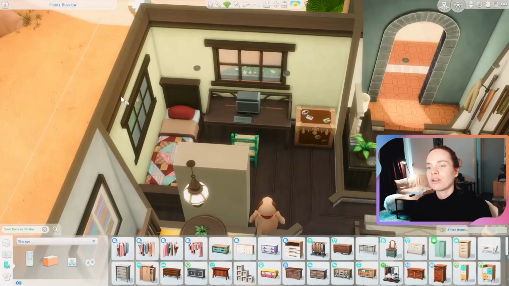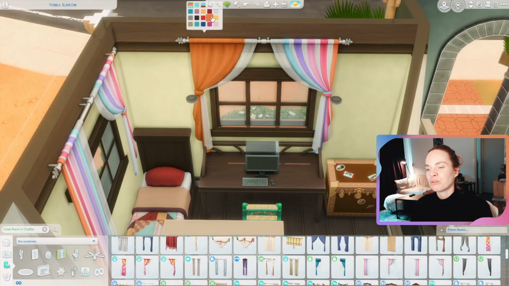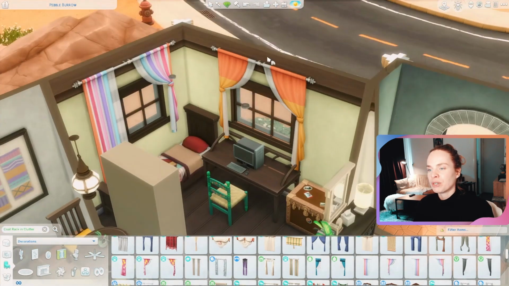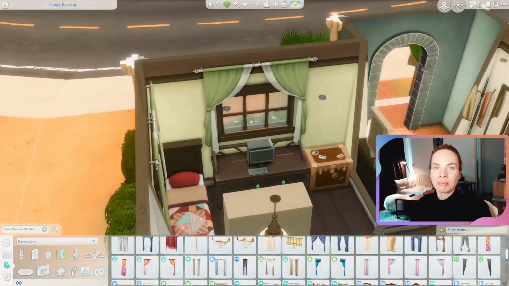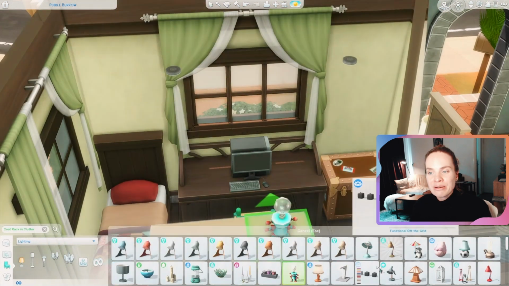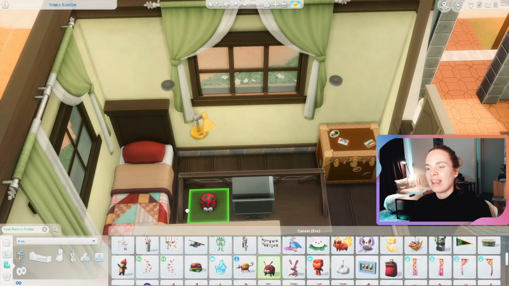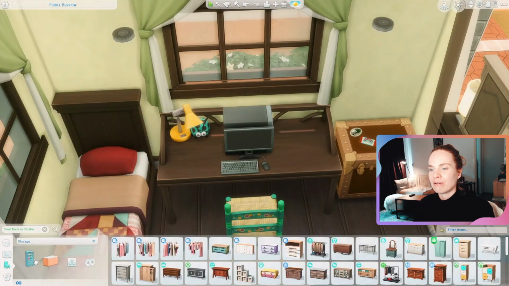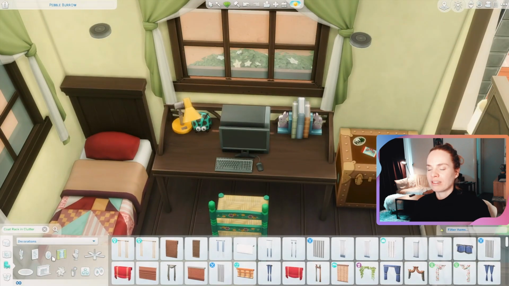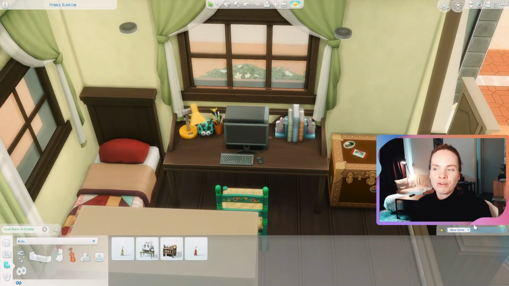So not too many toys inside the house, but then in the backyard, I actually placed one of those tents from Dream Home Decorator that kids and toddlers can play in. I placed one of those in the backyard. And then I also placed a dollhouse. So the kid definitely does have a couple of things to play with in and around this house. But yeah, if you wanted to place some more skill building items like the science table or something like that, I'm sure you could find a place for it